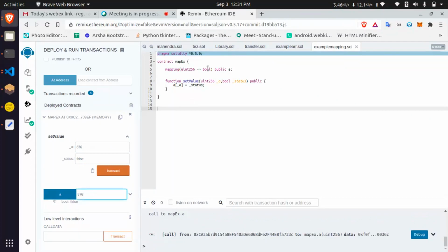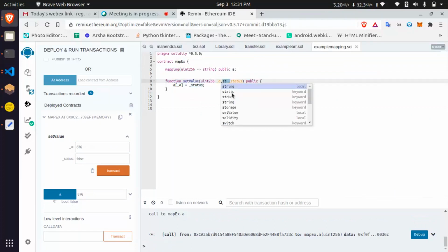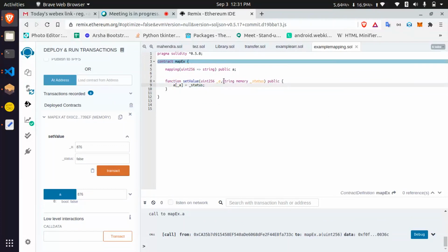Instead of boolean, you can also play with string. You have to modify that as string memory. Why? Because string is dynamic, so we are using memory.